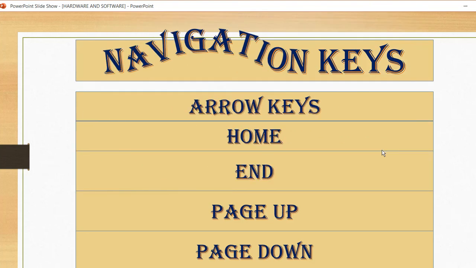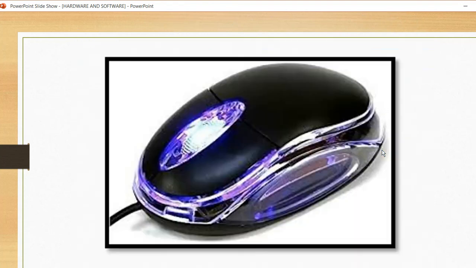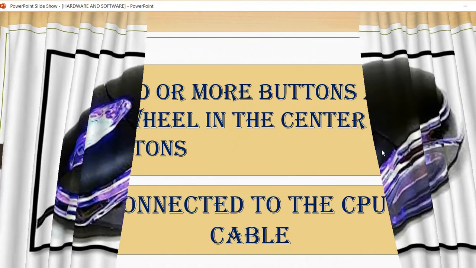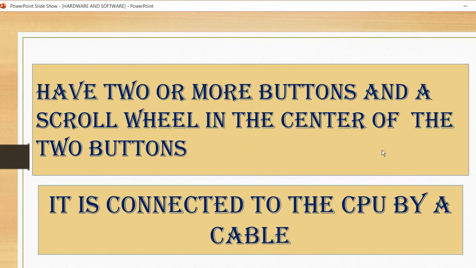So here we have discussed different keys of the keyboard. Now, can you tell me the name of this device? This is mouse. Yes. And you have seen that the mouse has two or more buttons.